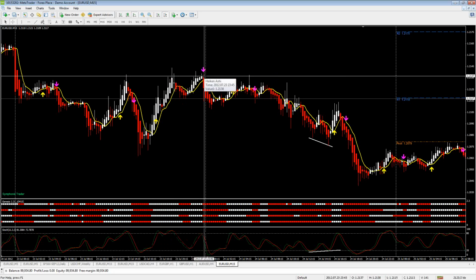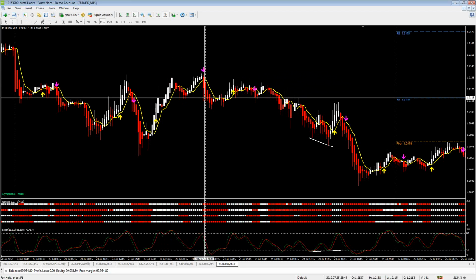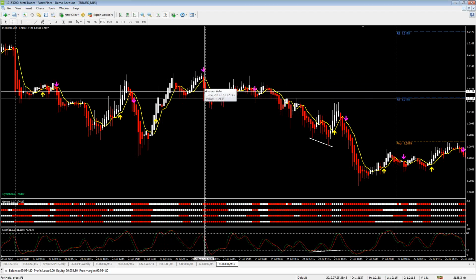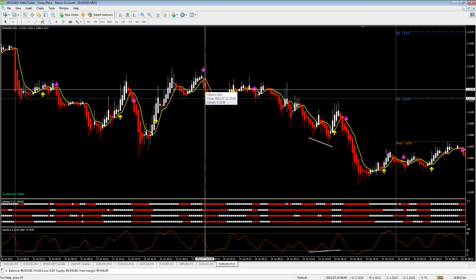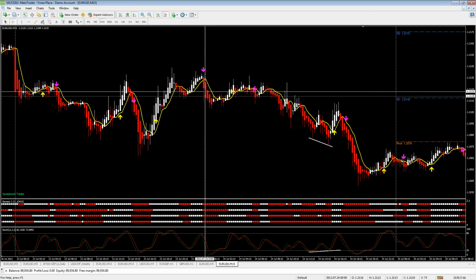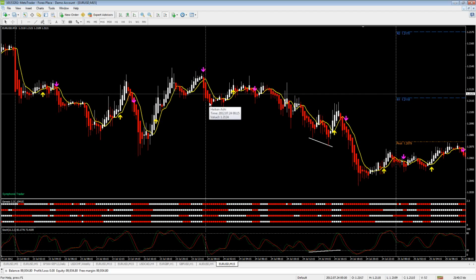So you have a double top here. You have the purple arrow and the candle, and it goes below the moving average. It's around midnight, so I wouldn't trade it anyway on the euro dollar. But if it were in the middle of the day, that could have been a nice example for a small short position to take